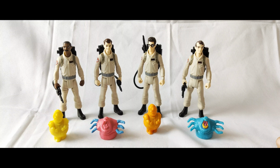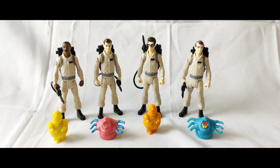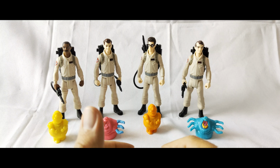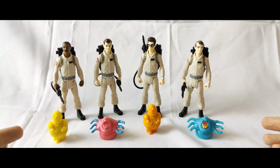Definitely worth picking up in my opinion. Articulation is limited but decent. They've got a nice kind of posing or look about them. They've definitely got a presence, and they look good together as a group. I think you could get away with putting these in your vintage Kenner Ecto 1 if you wanted to,